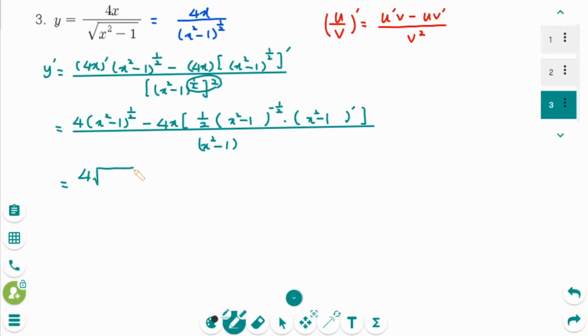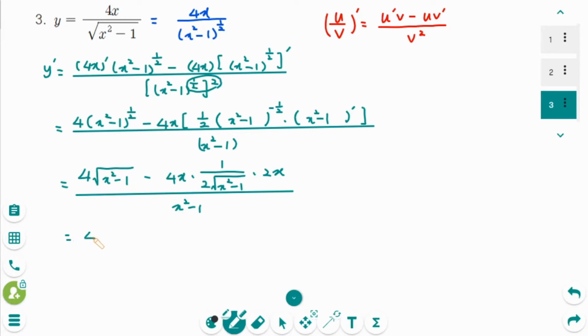4 square root of x squared minus 1 minus 4x times 1 over 2 square root of x squared minus 1 times (x squared minus 1) prime equals 2x, over x squared minus 1. Then keep 4 square root of x squared minus 1 minus, cancelled. So 4x squared over square root of x squared minus 1